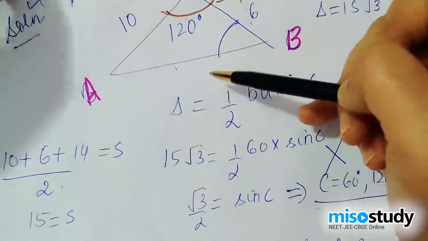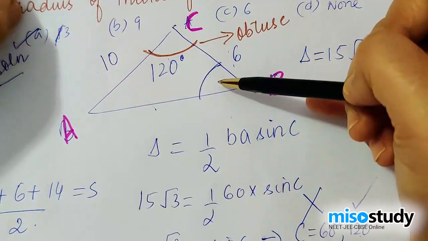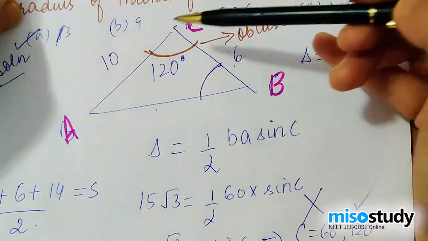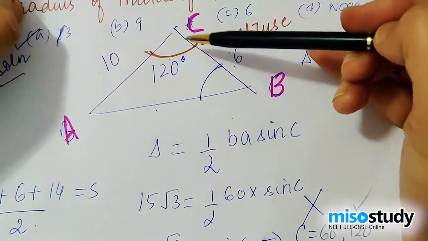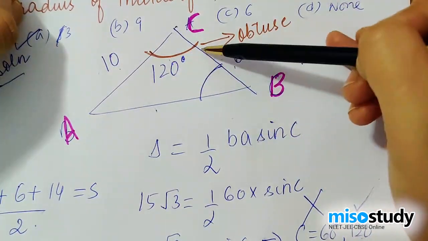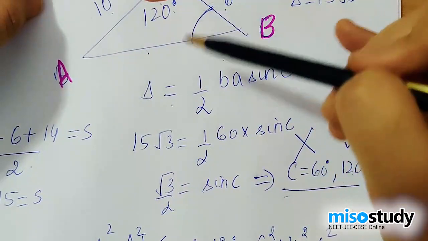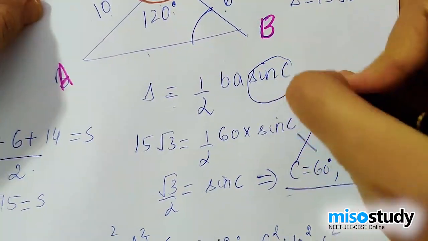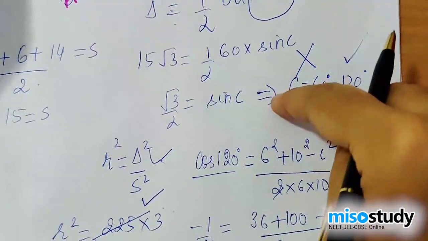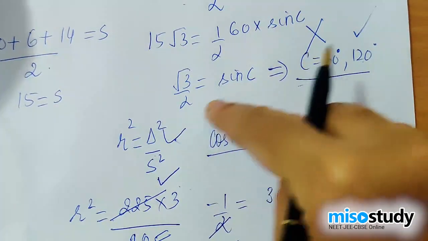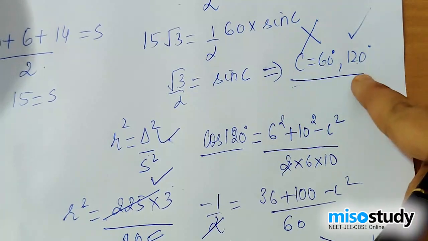To find out the length of the third side, I thought of using whatever is given to me. I was given that this angle is an obtuse angle, and that was given for a reason. I can use these two sides and the included angle, plus the area is given. Two sides and the included angle, area is given, I can find out the third thing, and this is a very common formula. Finding that, I found out sine c is root 3 by 2, but I had to reject the 60 degree value because I was given c is an obtuse angle. So I took 120 degree.